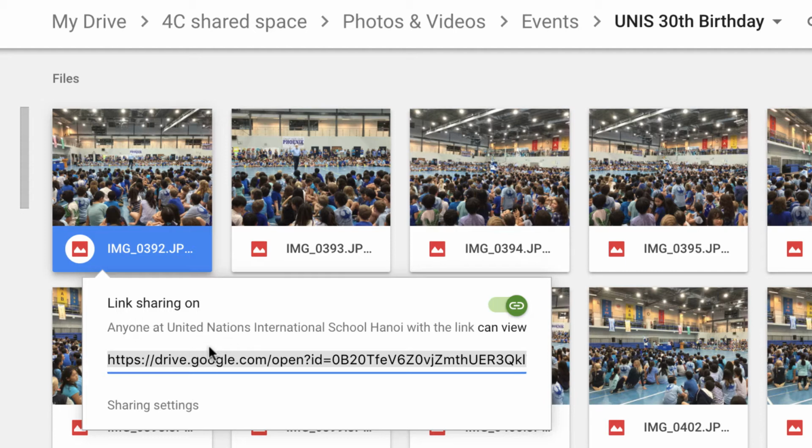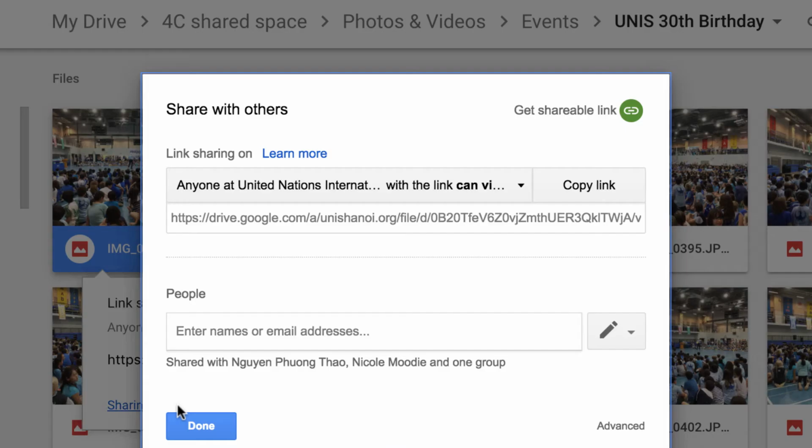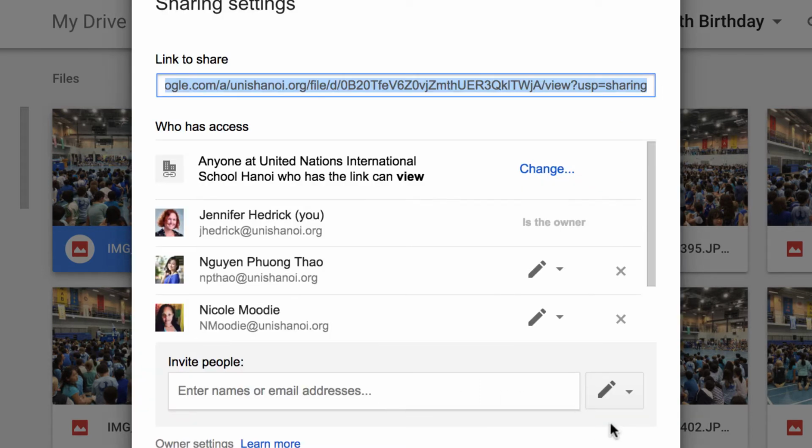If not, go to Sharing Settings. Click on Advanced for more options. The top category is for broader audiences. Since your parents and other family members probably do not have UNIS addresses, we need to click on Change and